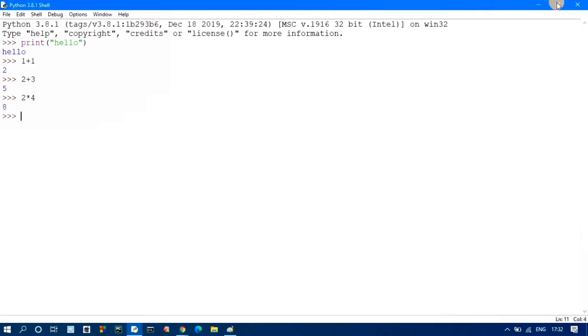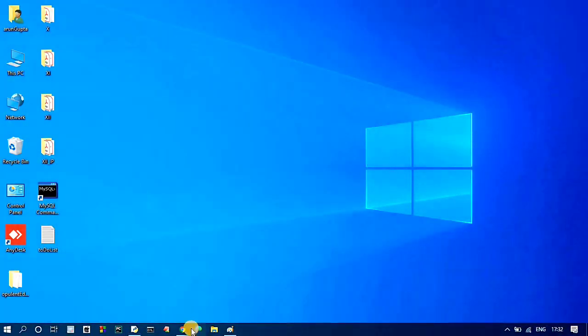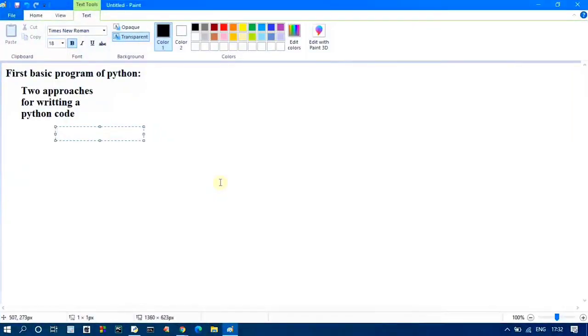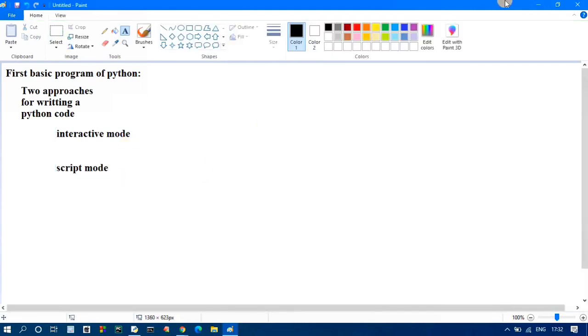And the second mode is script mode. The second Python mode is, one is interactive mode and another one is script mode. And how can we write code in script mode?